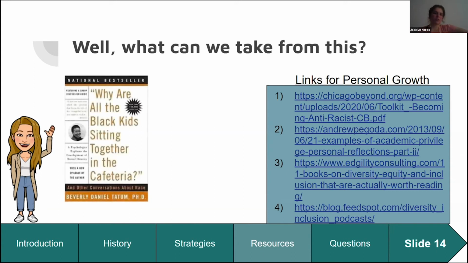And so these are some other books, Why Are All the Black Kids Sitting Together in the Cafeteria? This dismantles ideas like stereotype threat. Stereotype threat is a very cognitive concept, which is important, but it's also mindful to acknowledge that these things are socially constructed as well. So it's not to put it on the individual, like, oh, they just need to raise their confidence and